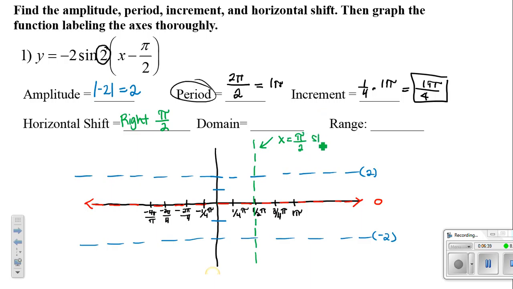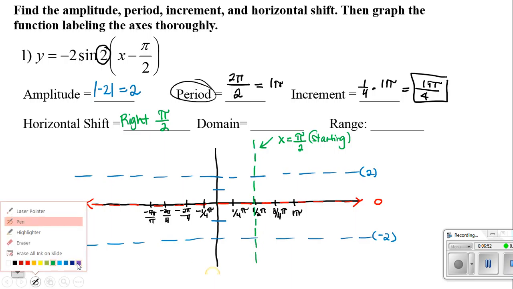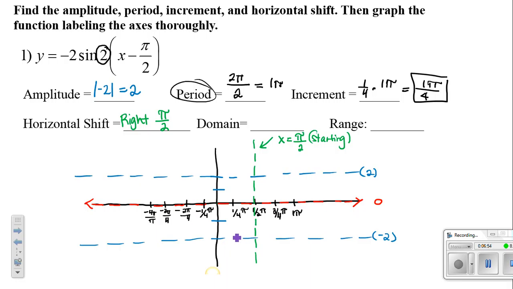Okay? This is my starting point. I don't start on the y-axis anymore. I start at my shift, wherever I'm shifting. Okay, now grab your pencil and we'll go ahead and draw the graph. It's a sine, but it's a negative sign. That means I will start in the middle